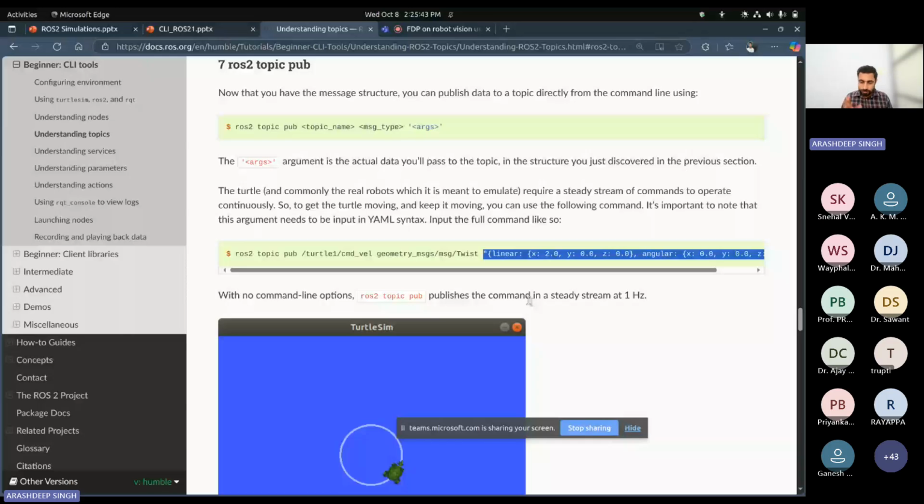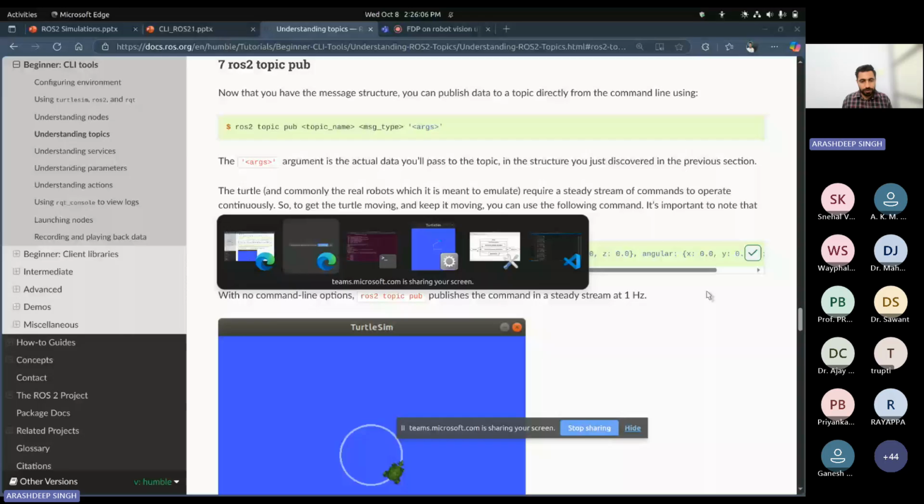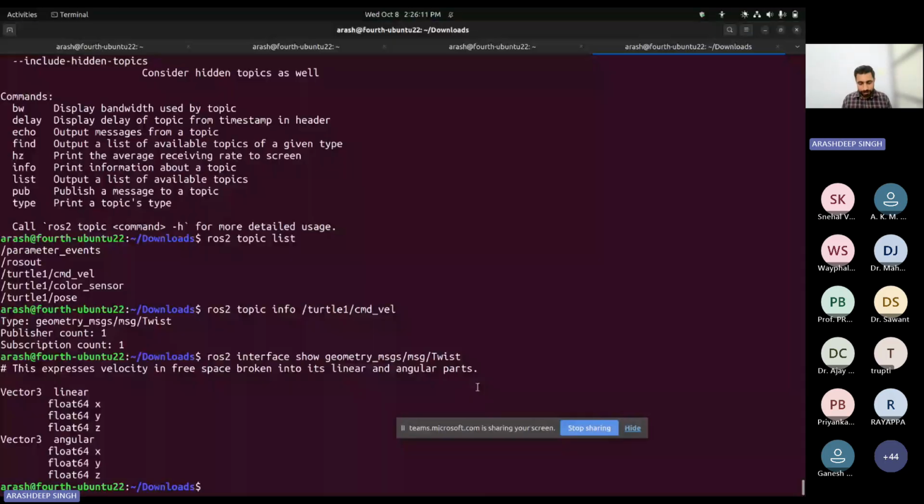So we need to take care of this, like if there are two variables x and y, we have to mention the data for each variable while publishing. So let's copy this command and try to publish the given command velocity on this topic